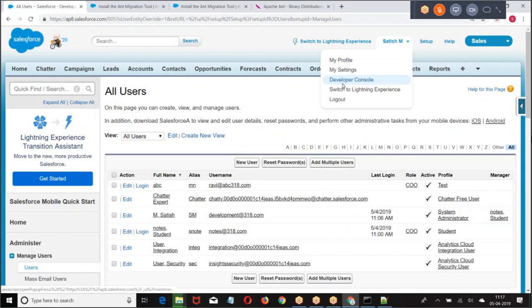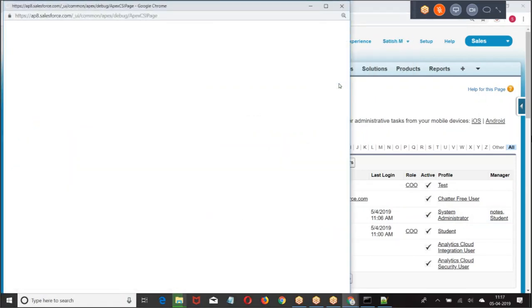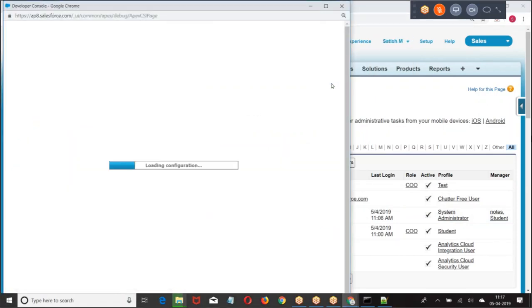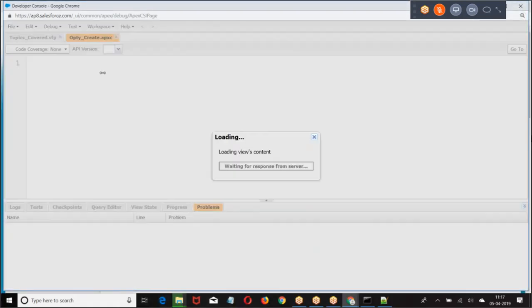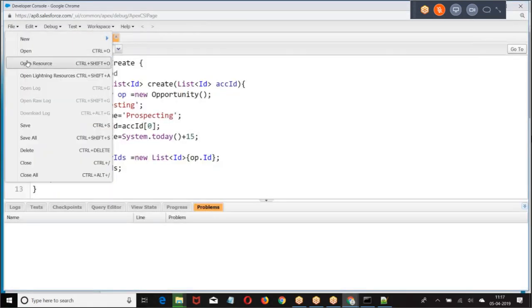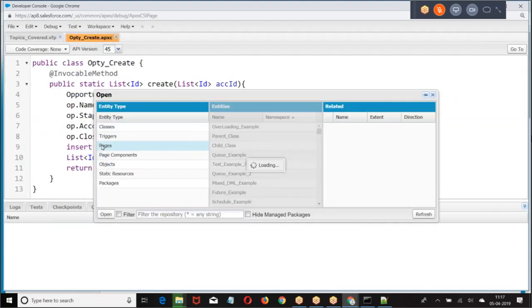So here I have class nodes, topics covered, or object nodes, demo page. Class nodes, object nodes, demo page.